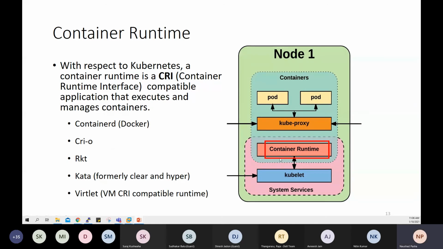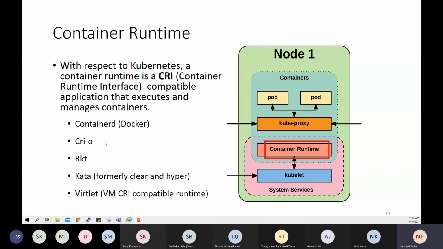The container runtime. In my scenario, I'm using Docker as the container runtime. But Kubernetes can support many different container runtime interfaces. Now, Docker is not going to be a default container runtime interface anymore. Kubernetes is being very open to allow any container runtime interface to be integrated and operated behind Kubernetes.